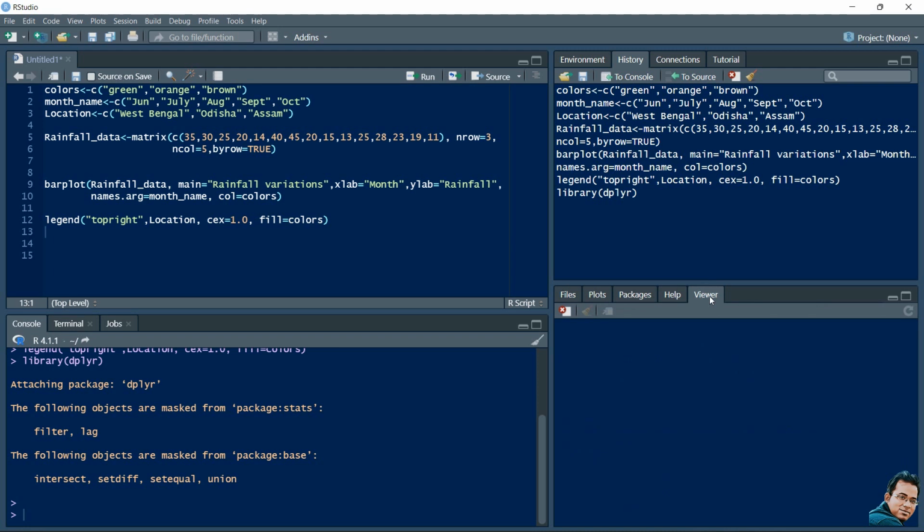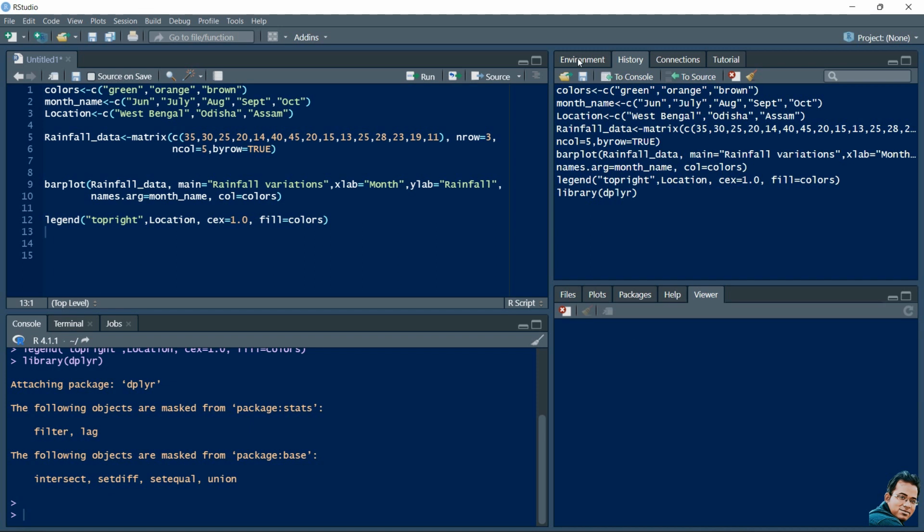RStudio includes a viewer pane that can be used to view local web content. For example, if you have a static HTML page available in your system, that web page can be displayed in this pane. Some packages like Google GIS, HTML widget, rchart, or even local web applications created with RShiny, that type of web page can be displayed in this pane. Just keep in mind, this viewer pane cannot be used to view online content.